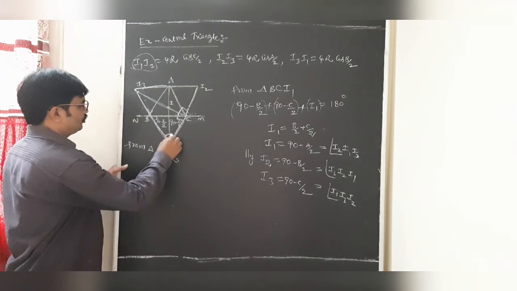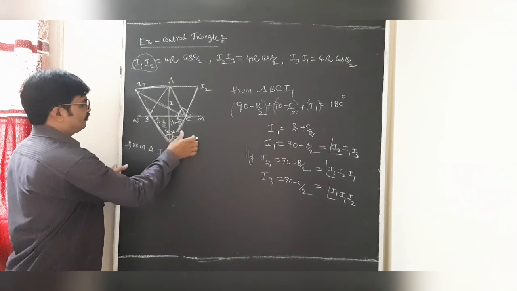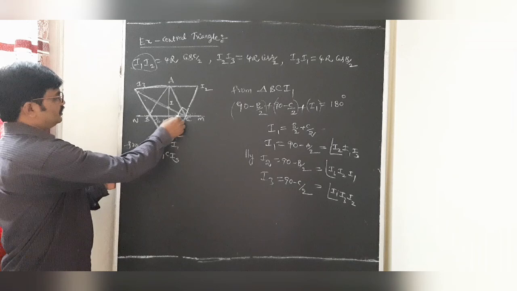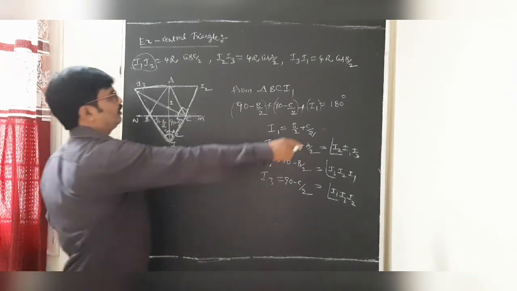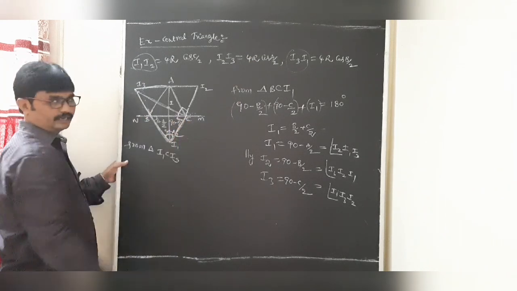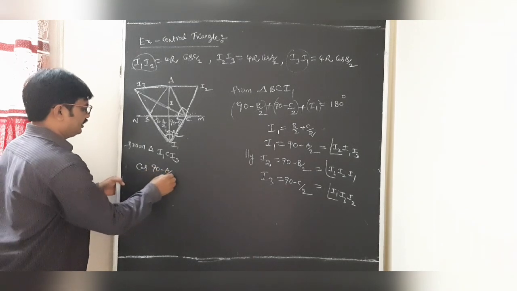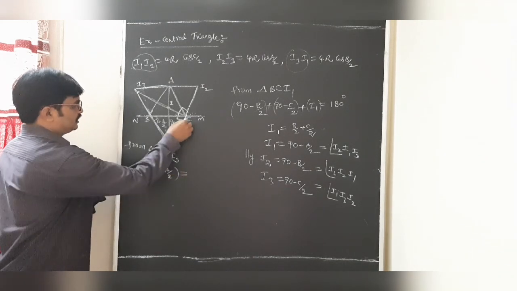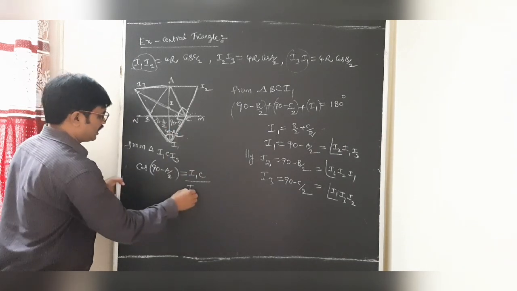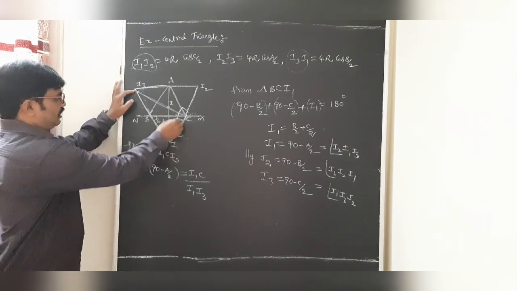So students, we know that this is 90 minus A by 2. This 90 minus A by 2 is undoubtedly the hypotenuse. That is our required I3 comma I1. So from the triangle, cos of 90 minus A by 2 equals adjacent side I1C upon hypotenuse, which is I1 I3. I1 I3 is the hypotenuse.